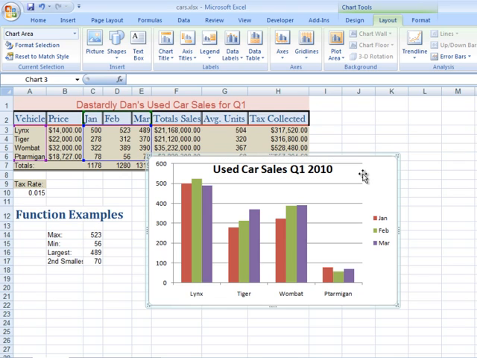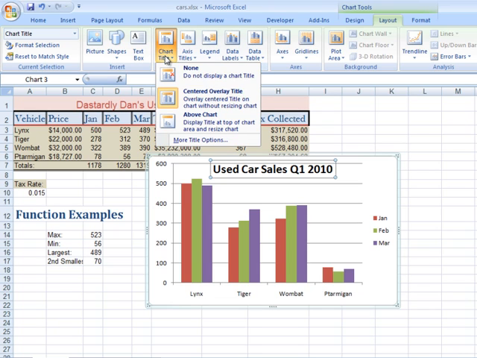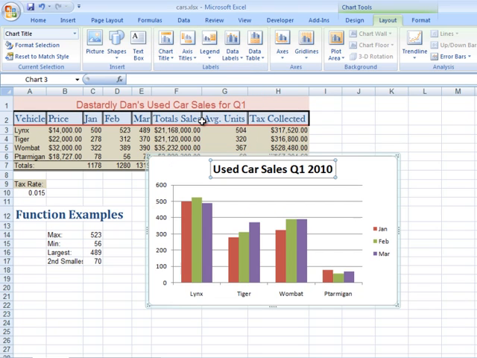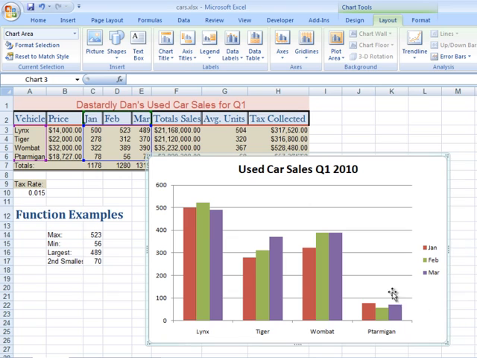Now I actually don't like the way it looks sitting on top of the chart that way, so I can just simply choose chart title, choose above chart, and then it moves my chart. Well, it moves my title, but it scrunches my chart a little bit. So what I can do is I can move my mouse to the lower left hand corner, and you'll see that I can now resize by clicking and dragging, and that makes the chart a little bit bigger and easier